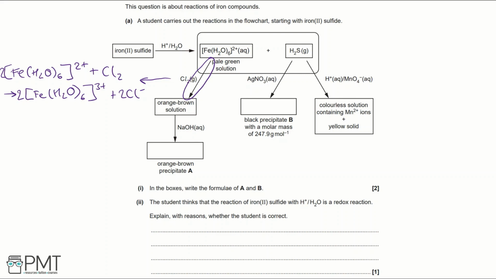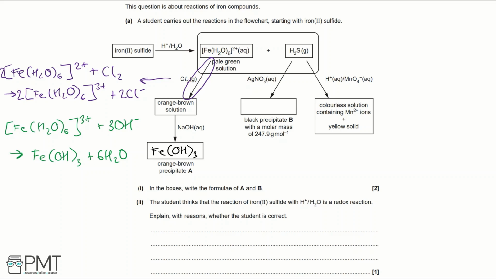Then what we're going to do is we're going to react [Fe(H2O)6]3+ with 3 OH minus, and that is going to be the ligand that is substituted to form Fe(OH)3 plus 6H2O. So our precipitate is Fe(OH)3. Then we need to work out what we're going to produce as precipitate B, which is going to be